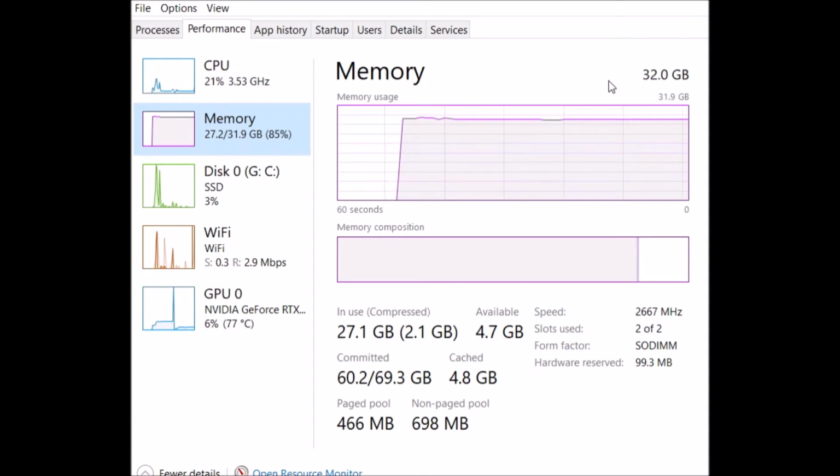The main limitation for Blender is memory. I have my task manager open at the moment. I'm not sure if you can see it, but I have 5 Blender files open, and I'm using up 27.3 gigabytes of my 32 gigabytes of memory. So that's not great. I'm going to show you how to download a program that helps clean your RAM and